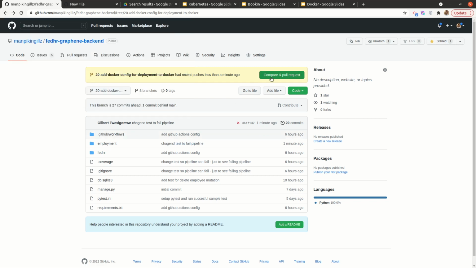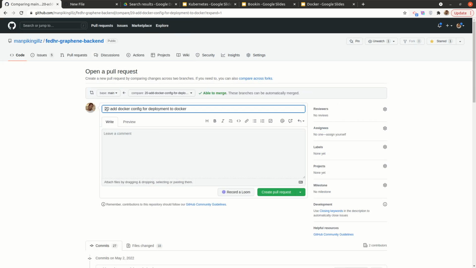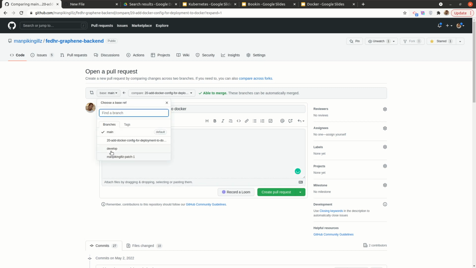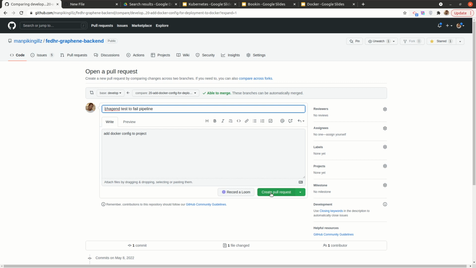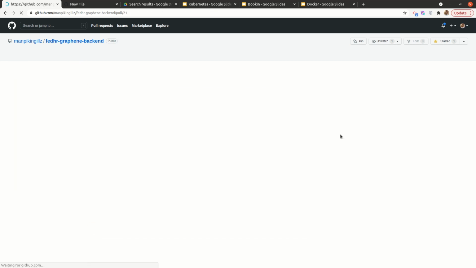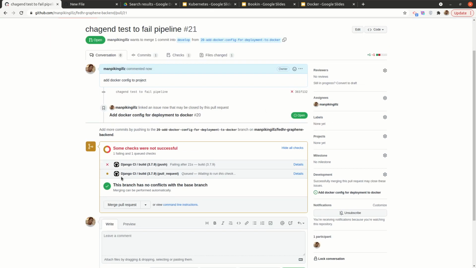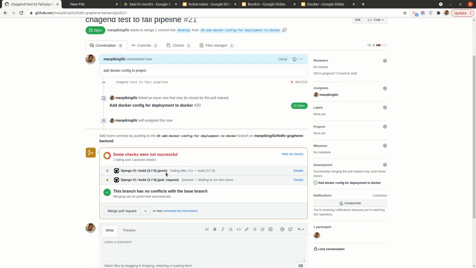We can even make a pull request for this. So add docker config to project. All right, so I'll make this point to develop and create a pull request. Just assign this to myself. So if we check here on our pull request, we see that this failed. It shows that this failed. And if I go in here, what we see is that